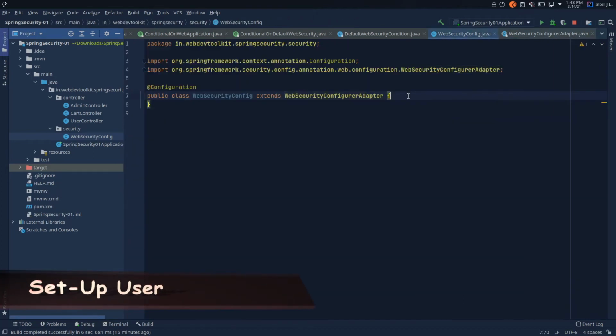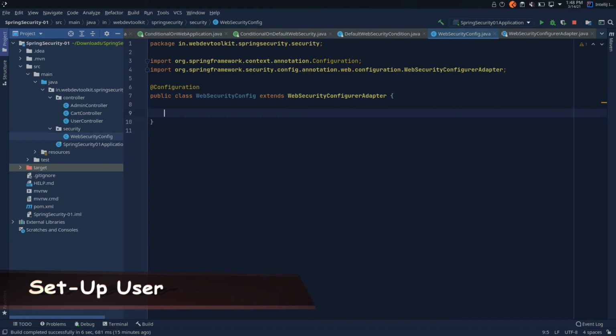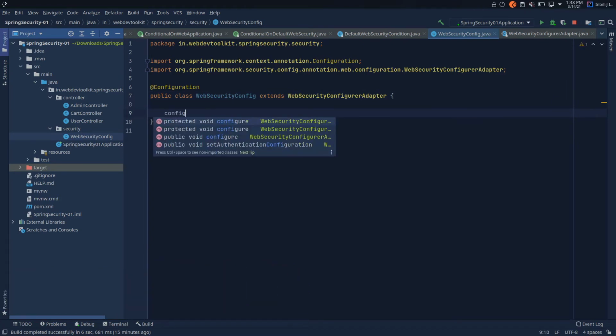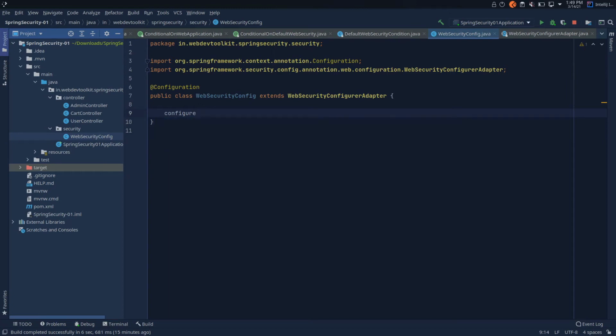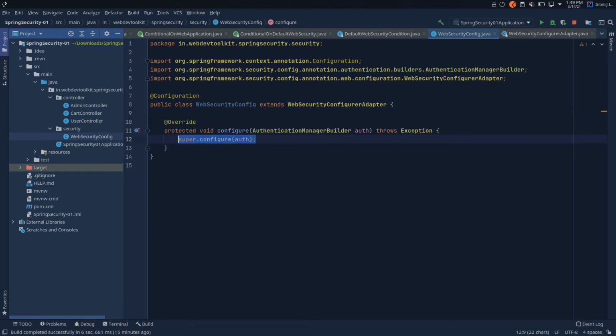So first we'll try to create one user for our application. For that we'll use authentication manager builder. Spring Security supports multiple password storage mechanisms like LDAP or database. For this demo, we will be using in-memory authentication.